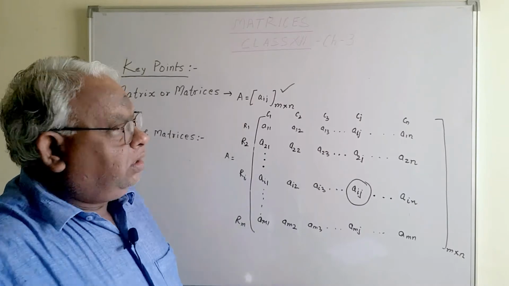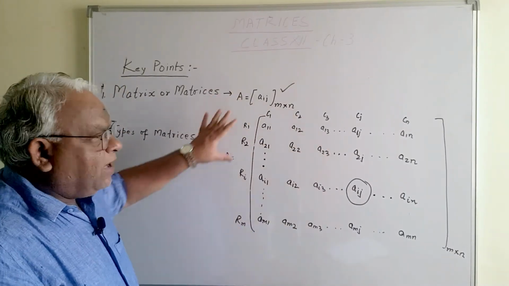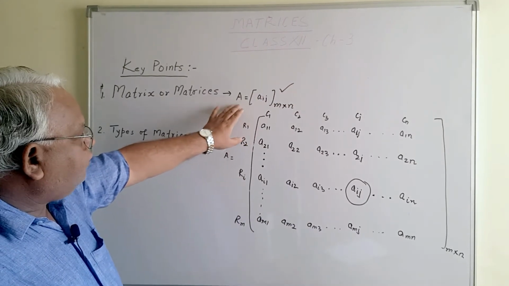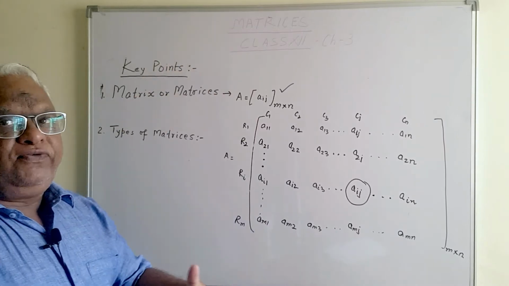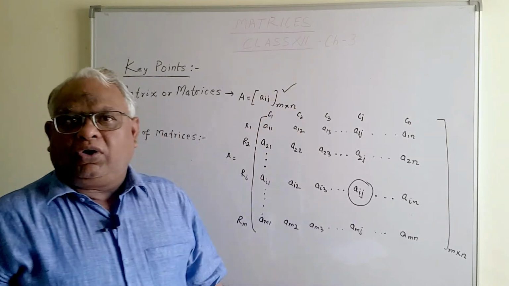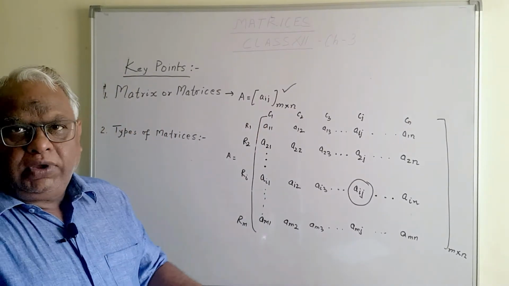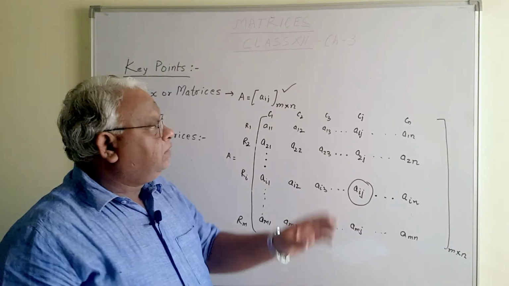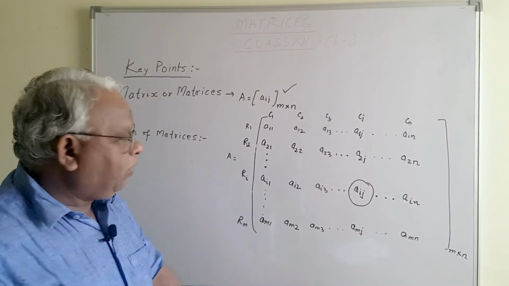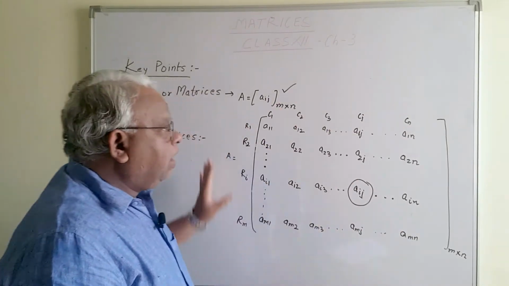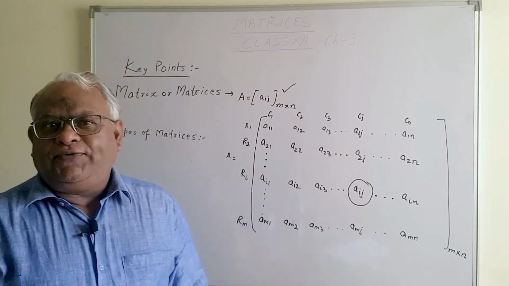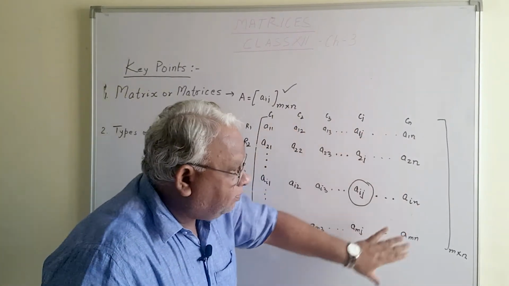Right, I hope you have understood. This is a larger picture of a matrix. A matrix looks like this. It is defined in short form as this. So how to frame a matrix? When you are asked to frame a matrix, first of all, your focus must be on order. What is the order of a matrix? Immediately it should click to your mind that you are talking about m number of rows and n number of columns. So you should frame it in such a way that you are moving m rows and moving column-wise n, and this is how you generate the picture.